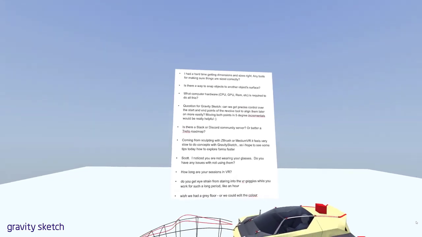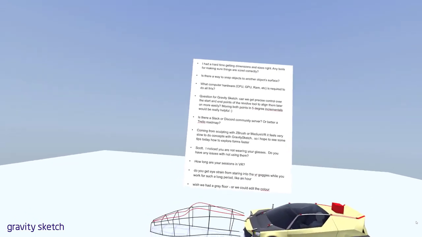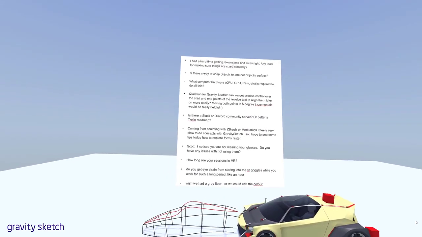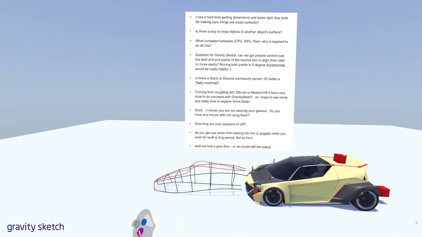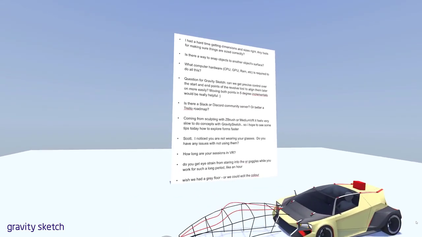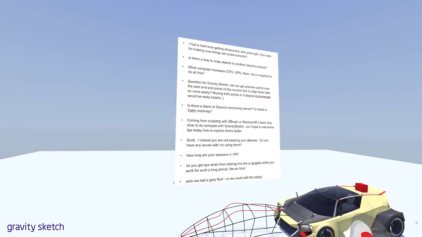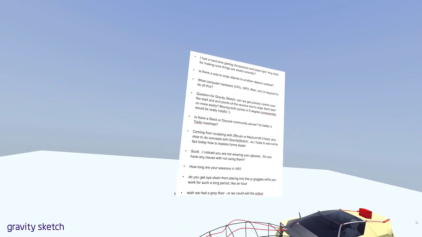Coming from sculpting with ZBrush or Medium VR, it feels very slow to do concepts with Gravity Sketch. So I need to see tips to explore forms faster. Yeah, I've done a lot of work in Medium as well, less so in ZBrush. I have done that sort of modeling on Nomad Sculpt and Forger on an iPad Pro, and those have been